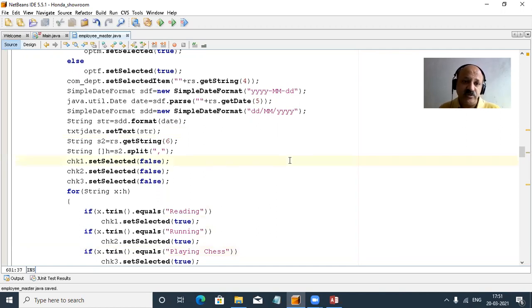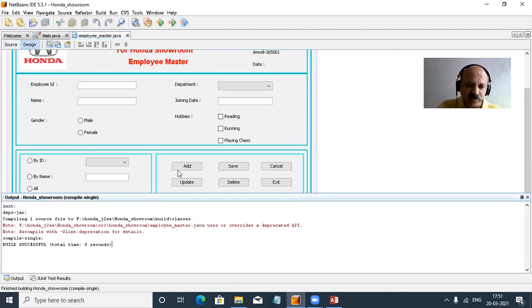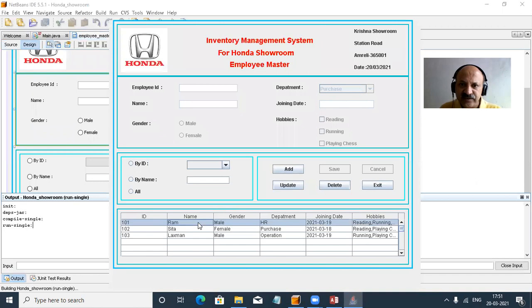We can also use a watch, meaning a bookmark, and observe our code step by step. So first I press Control S, then compile. Let us check whether that is selected perfectly or not, and shift F6. So yes, now I can select. You can look here, perfect, all three hobbies are selected.